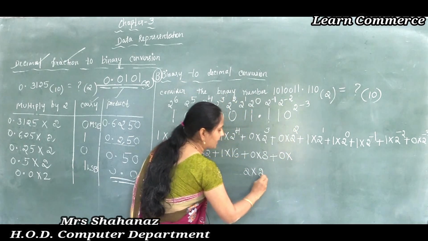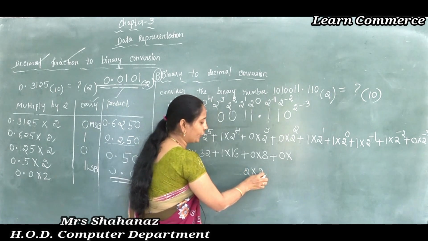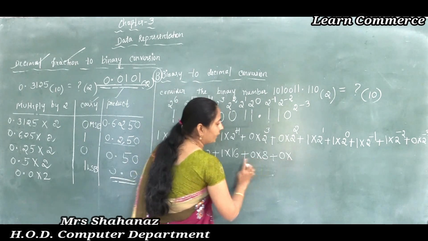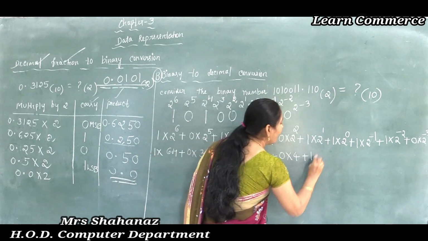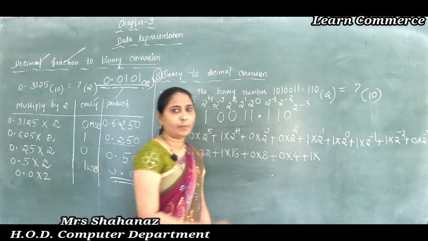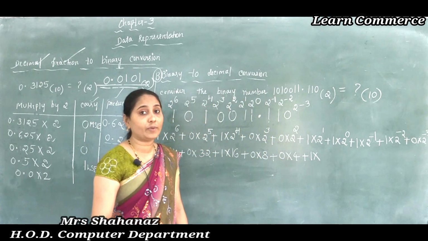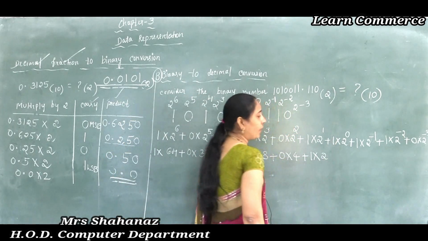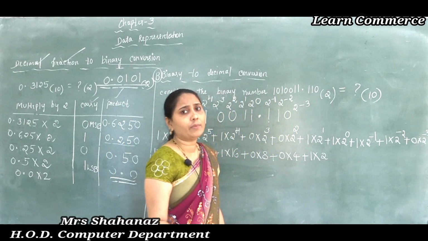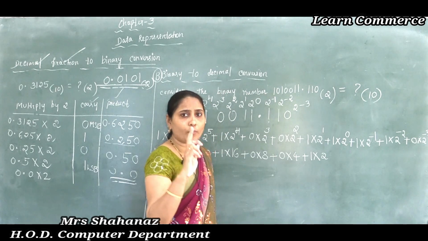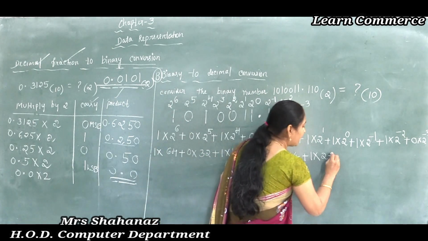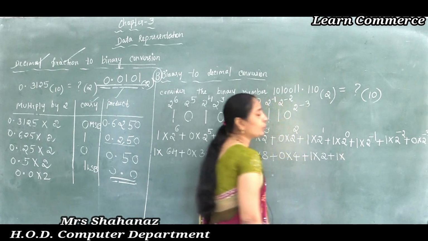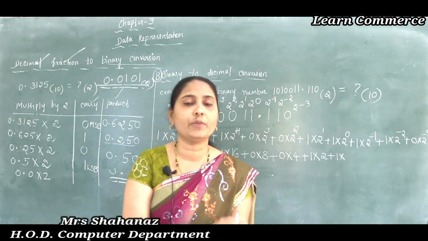So 4 2s are 8 here, plus 0 into, no any problem, 2 times, correct no? 2, that means this is called the 2 times. So 2 2s are 4 in this case here, 4 plus here 1 into, but you have to remember it, 2 to the power of 1 is always 1 time only. So the value 2 into 1, when you multiply, you get only 2. So 2 plus and later 1 into 2 to the power of 0, as we know the very important